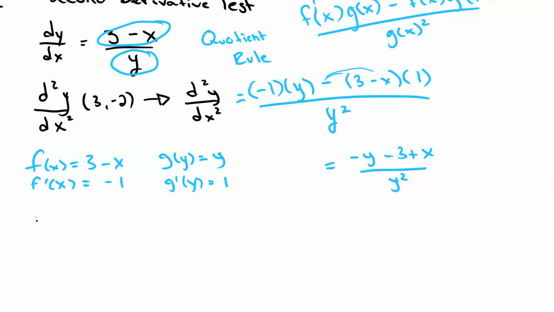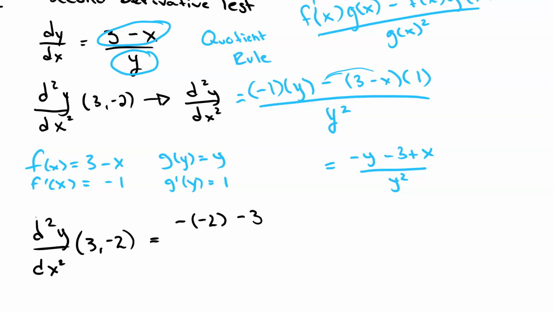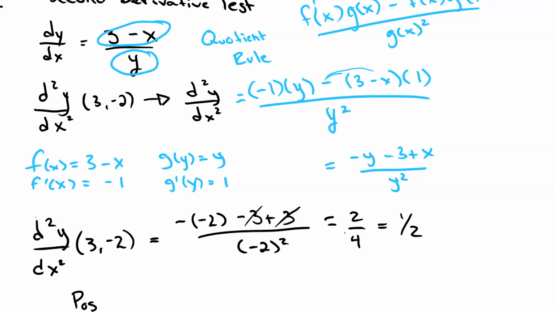Now we have to find it at the point of tangency. So we go ahead and substitute in our values. So we got the opposite of negative 2, minus 3, plus 3, divided by negative 2 squared. All right, so we got 2, and then the 3's cancel, over 4, or 1/2. So a positive second derivative,